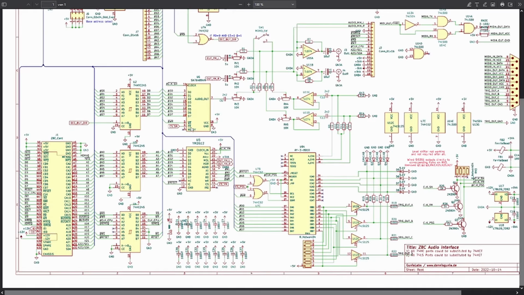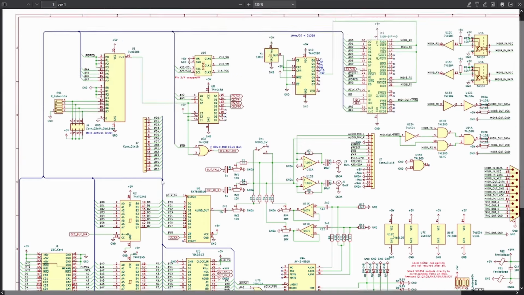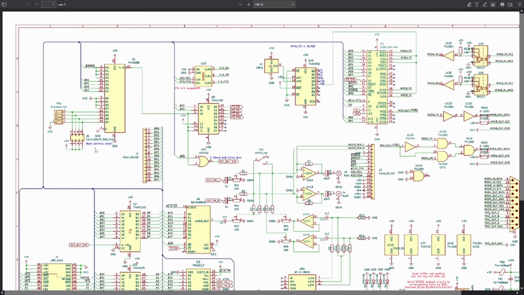Right here you can see the schematics of the revision 0 board that we are building in this video. You can see right down here the backplane connector, including the bus buffers. Right here you can see a 74HC688, which is the first part of the address decoding circuitry. The address decoding circuitry is a bit interesting because it allows you to set an offset address via jumper J6, and if this offset address matches address pins A4 to A7,